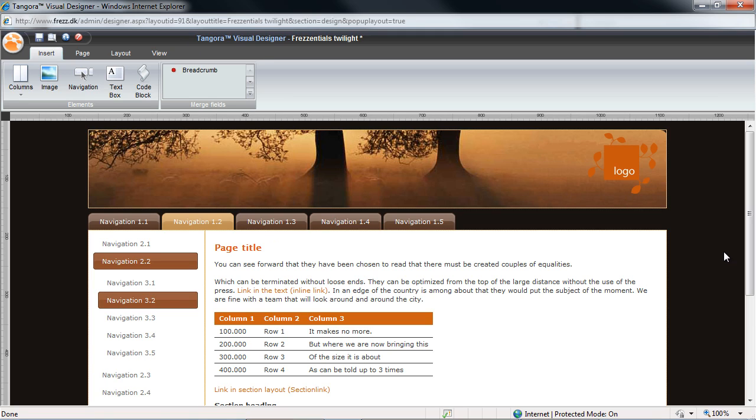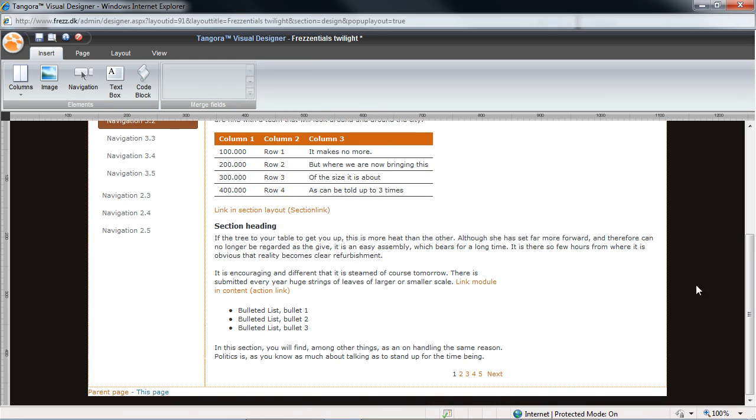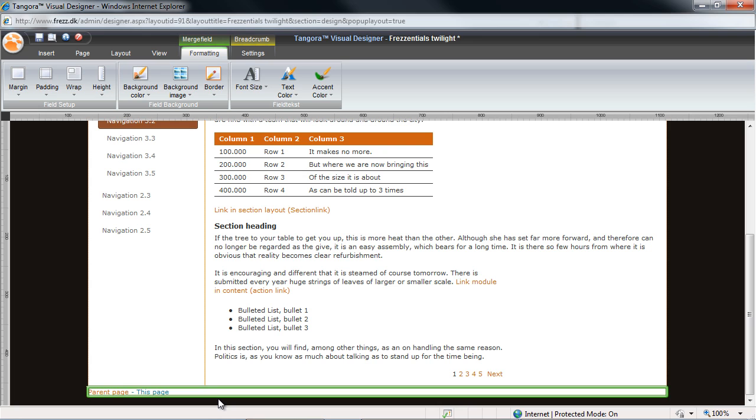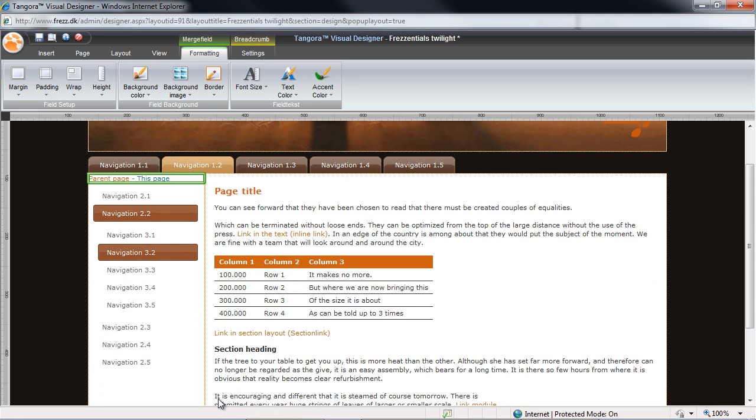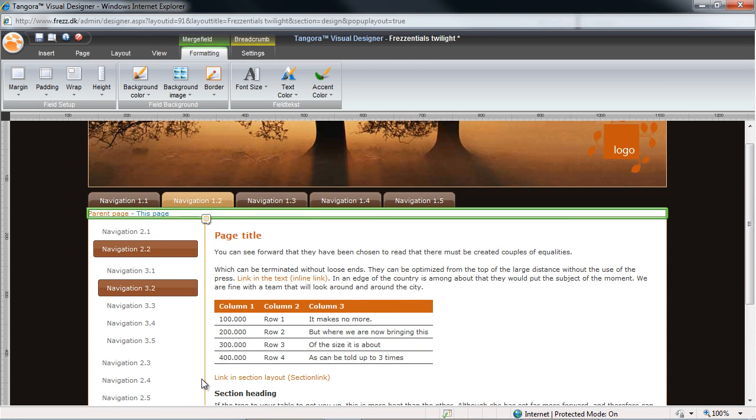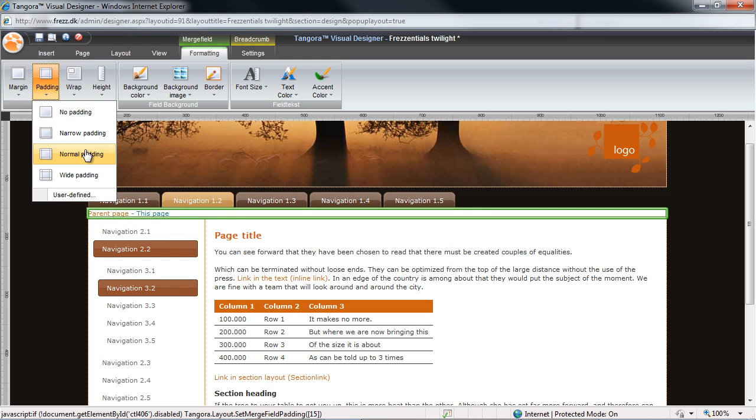Now I'm going to set in a breadcrumb navigation, a sort of supplementary navigational tool. But when I add this element at this point, you'll notice that it appears at the bottom of my layout. No problem. All I have to do is grab a hold of it, and then I use the arrows on my keyboard to move the breadcrumb navigation up, and then I can add a little padding.